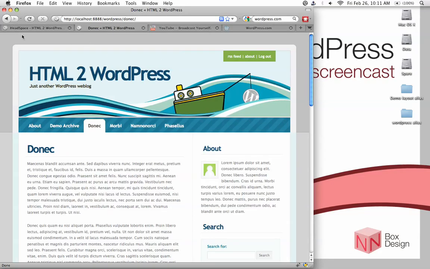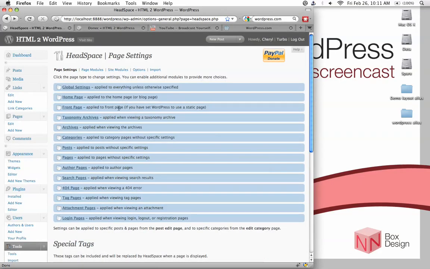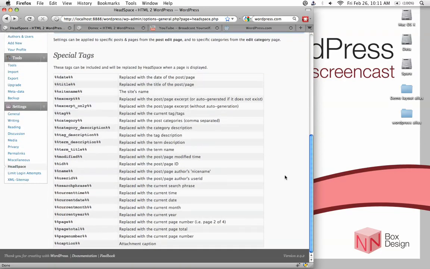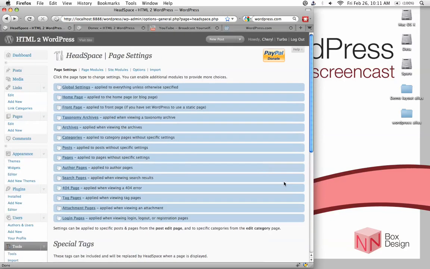And of course, there's also extra functionality included in the page modules and the site modules, and I'll just let you explore all of that. But this concludes our screencast on plugins. Obviously, there's a ton more